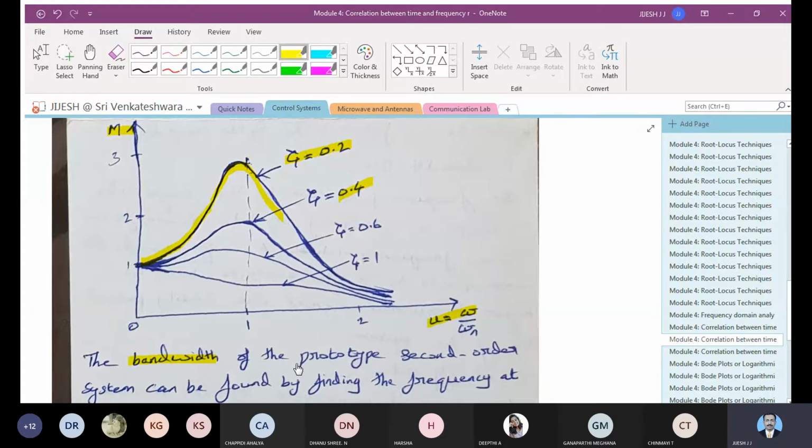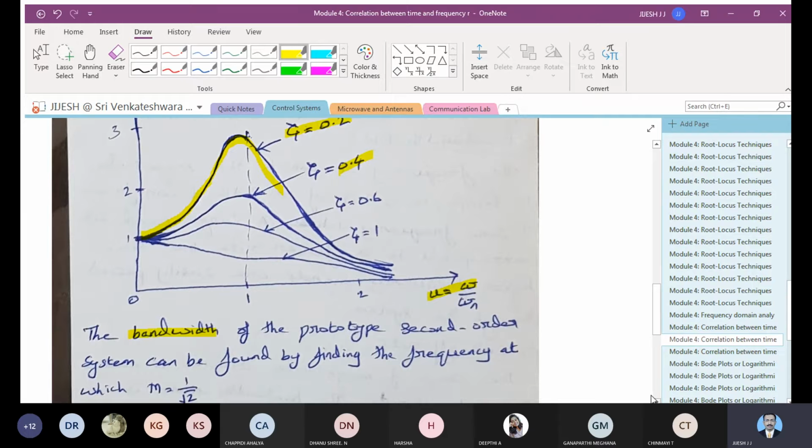So these things can be asked for theory, where you can look into these parameters, and if you want, you can say that it is the frequency domain analysis and the correlation between the time and frequency domain. So these are a few things which you can understand when you get the graph of M versus u like this. So after that,